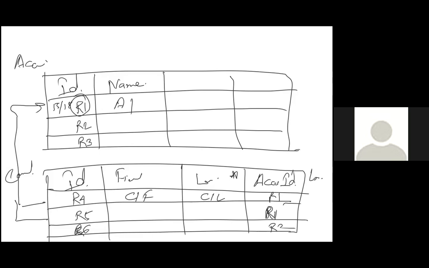I am not storing the name here. Please remember this. I am storing the pointer to this whole row. How will you uniquely identify this row? By this unique number. Just like you have a passport, right? Everybody has a unique passport number. That passport number will not repeat for any Indian citizen,